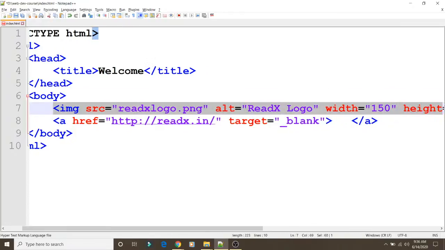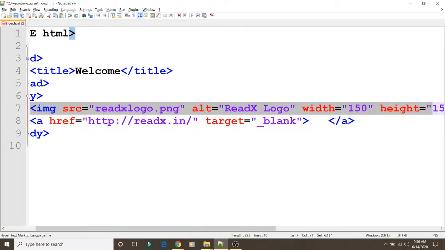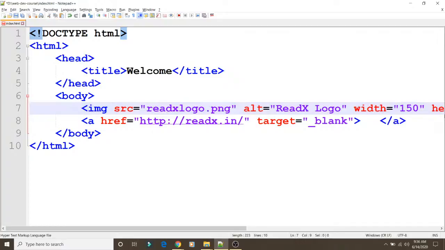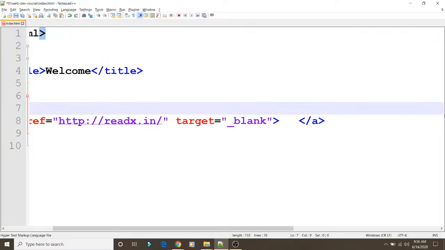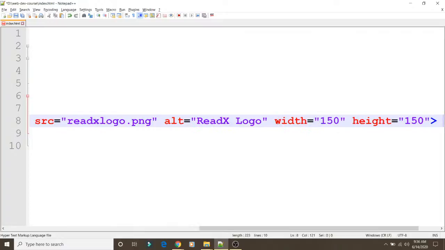So let us copy the text over here, and paste it between the tag. We save this, refresh the browser and click on this image.